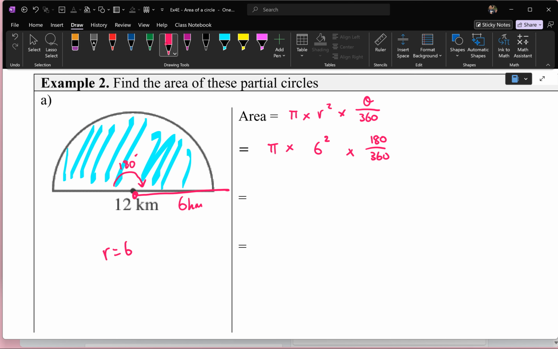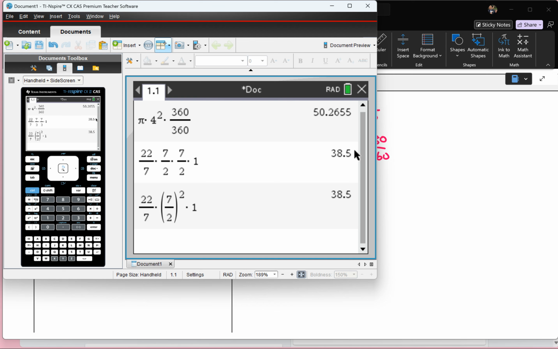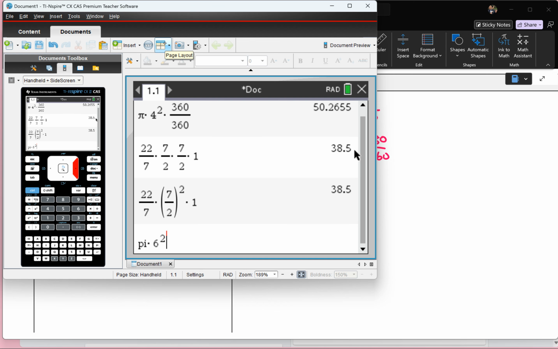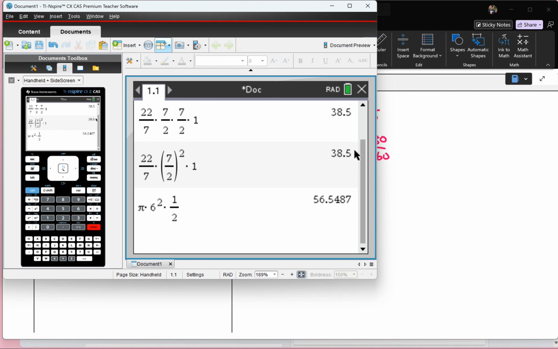So put it together. This is what you type in your calculator. Pi times 6 squared times 180 on 360, which we already know is half. So type in your calculator, pi times 6 squared times half. Let's see what we get. Okay, so here we go. Pi times 6 squared. Remember, I can type pi on my one because it's a senior calculator. And times by half. You should get